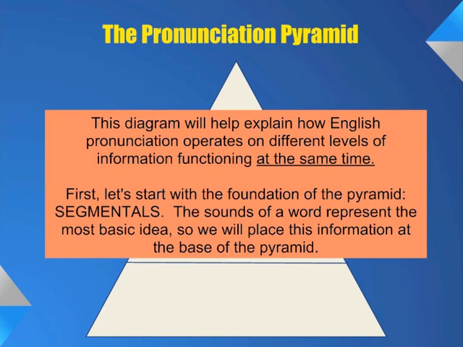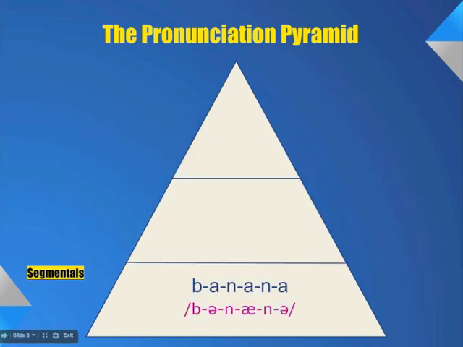The sounds of a word represent the most basic idea, so we will place this information at the base of the pyramid. So, looking at the segmental level, let's review the individual sounds of the word banana. And again, we are using the International Phonetic Alphabet to represent this. B, n, a, n,